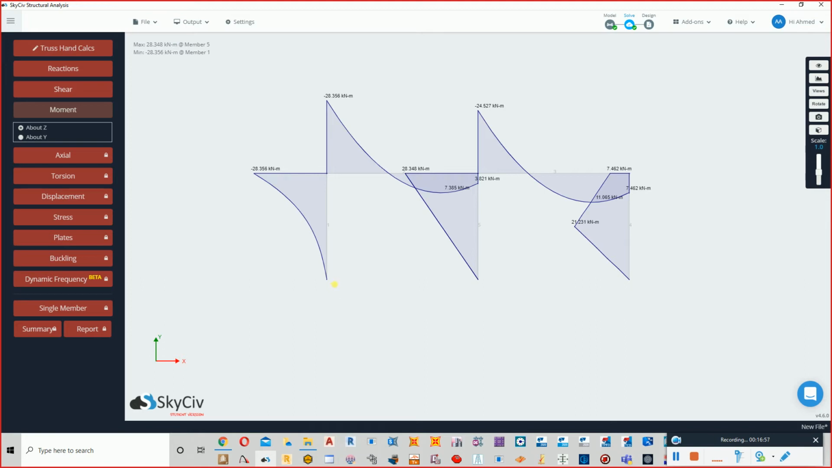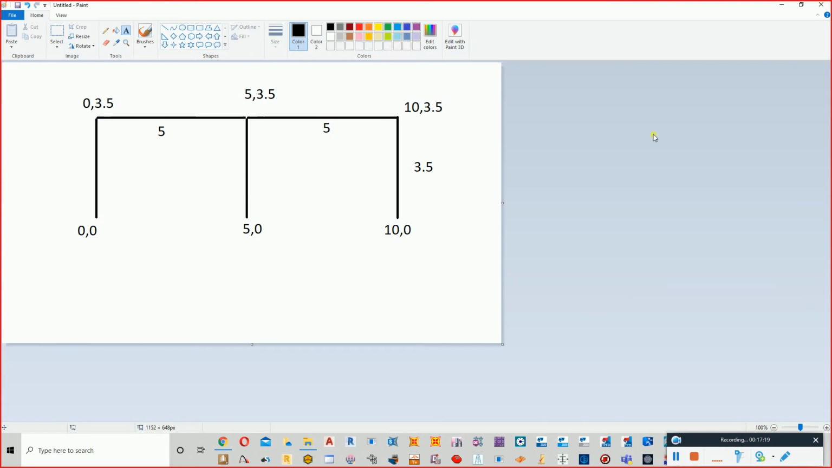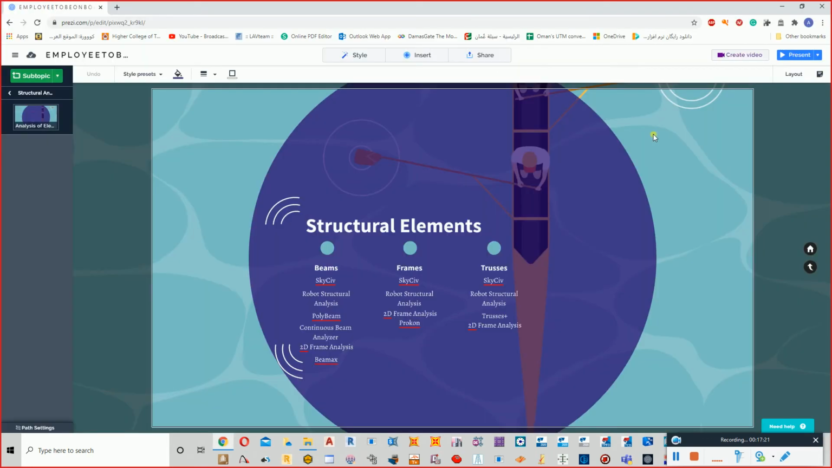Okay, so this is SkyCiv in terms of modeling. It will take some time because you need to identify the coordinates, finding each coordinate. If you are having a bigger frame, many frames, I mean, then it will take you time to find the coordinates and to input them in the software. Okay. Other than the SkyCiv, what options do we have? We have Robot Structural Analysis, so